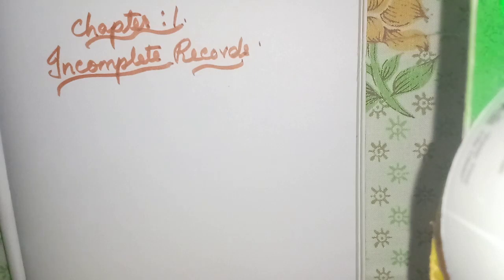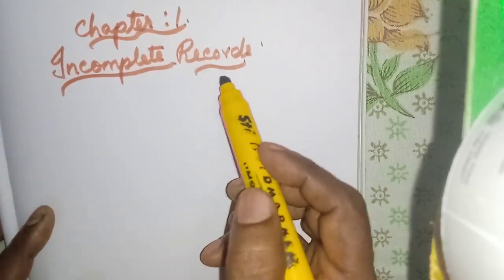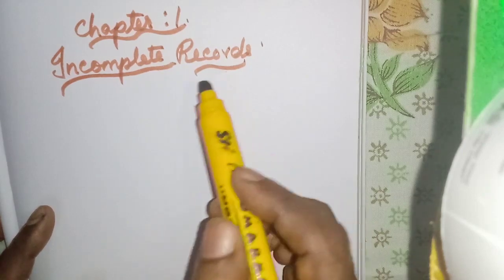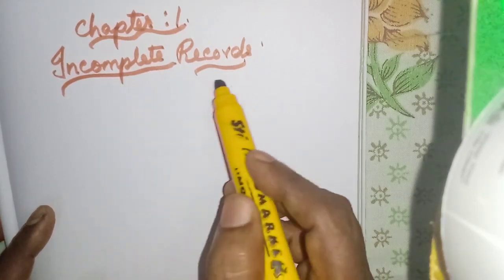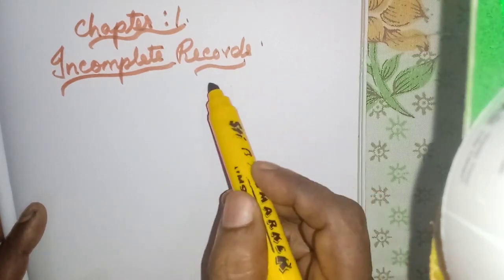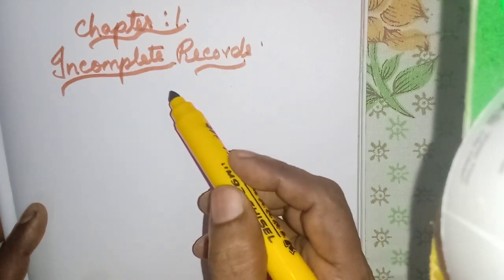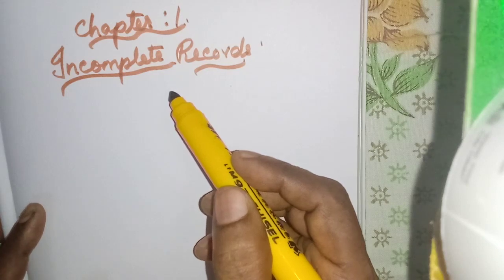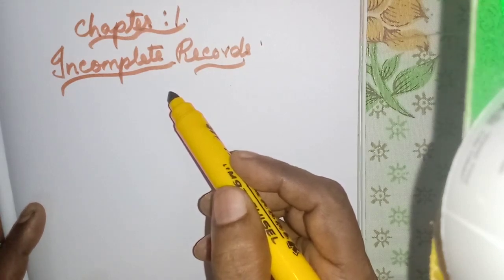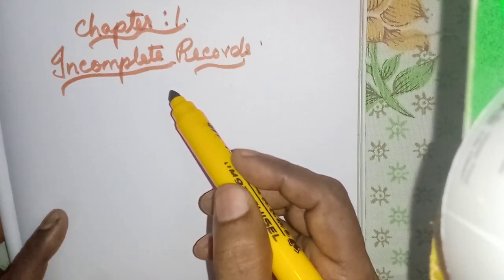Okay, students, very good. Shall I start the first chapter? Incomplete records. Before this, which type of organization will use incomplete records? That you should know. That means very small size organizations, for example the sole trader. The ordinary people who run a small size business, only those people